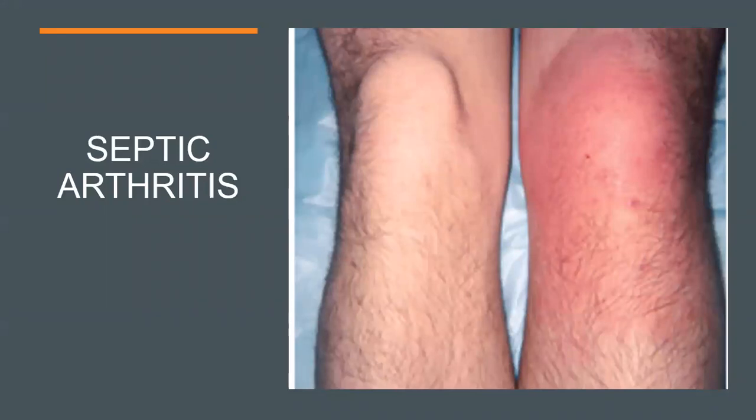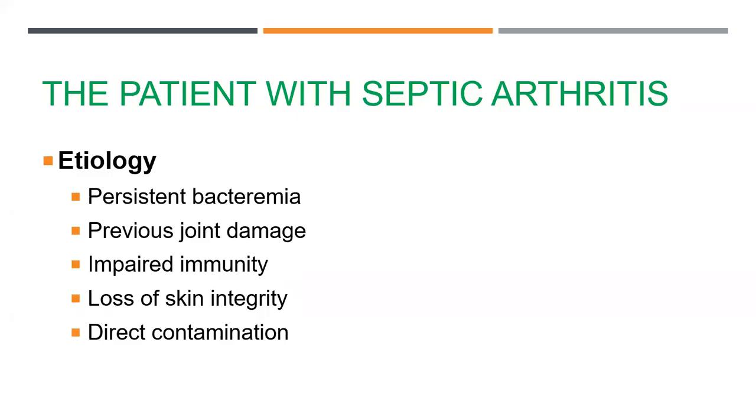Septic arthritis. This is a perfect picture of a septic joint. Sometimes the bacteria doesn't go into the bone, it goes into the joint. With septic arthritis, you can see the swelling and the redness, and that patient's left leg just looks really, really angry. With that, we know that septic joints and septic arthritis stem from persistent bacteria in the blood,